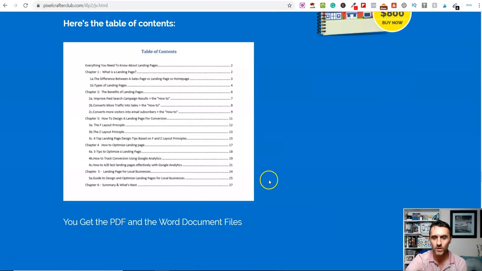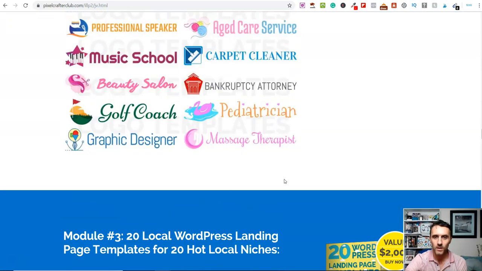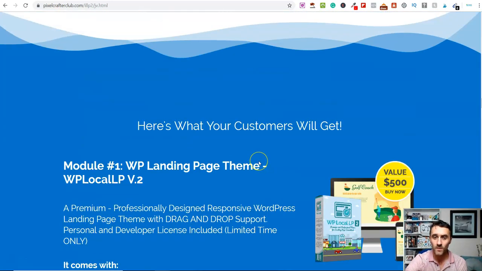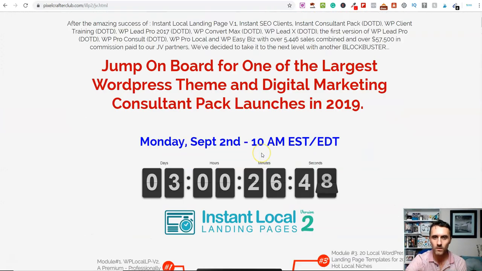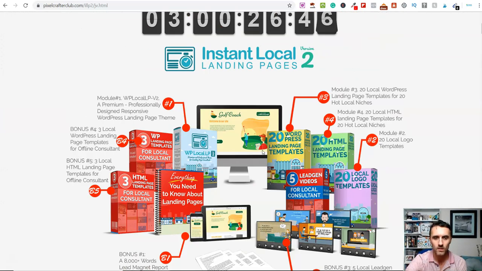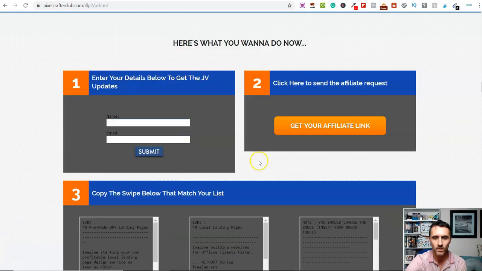So this is the process. You would come over to Muncheye, you would go through, you'd find a product that you want to promote like this. Once you've found the product that you want to promote, you'd simply click on it, scroll up to the top, maybe scroll down to the bottom. There's normally a link on here: get your affiliate link. So you'd click on there and it would take you over to Warrior Plus or JVZoo, and you'd get your affiliate link. Once you've got your affiliate link, the traditional route with this is you would go ahead and create a review